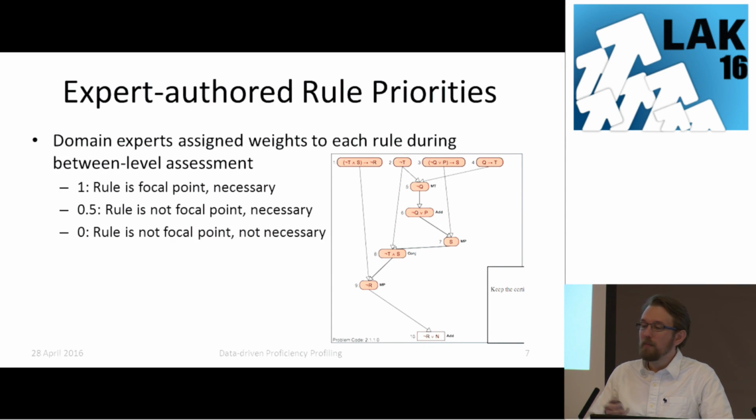used these basic priorities. So if the rule is not a focal point, it's a 0. If it is a focal point, then it gets a 1. And if it's somewhere in between, then it's 0.5. And these priorities were used to decide how to weight those averages before, in order to determine where a student should go. The idea being, just because they have a really high proficiency with something, if that was not something considered valuable by the instructor, then we wouldn't want that average to push students down into the other paths.